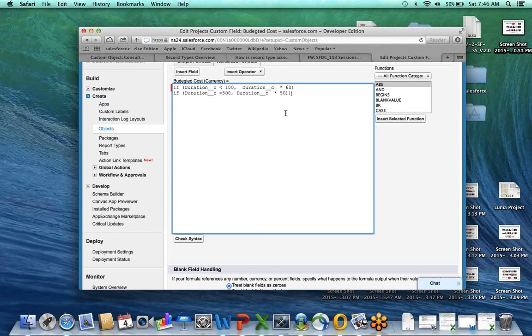Condition, and what happens if the condition is true. See, what she has done is she has written an if condition, and the if function has three sections. First is the condition. Second is what happens if the condition is true. Third is what happens if the condition is false. So that part is missing.